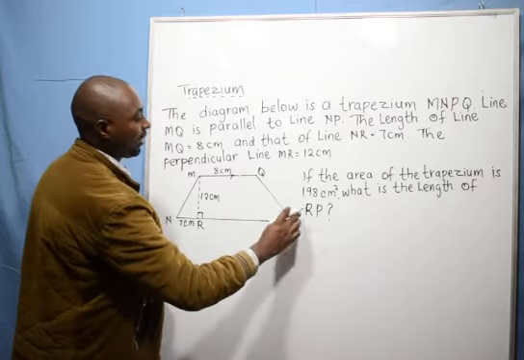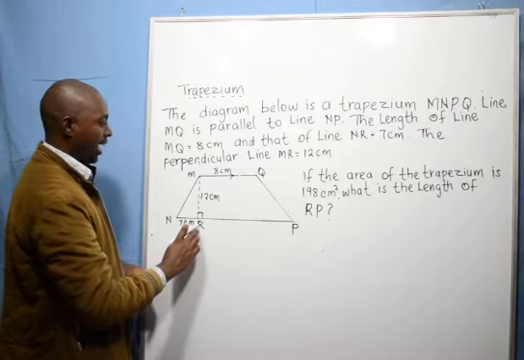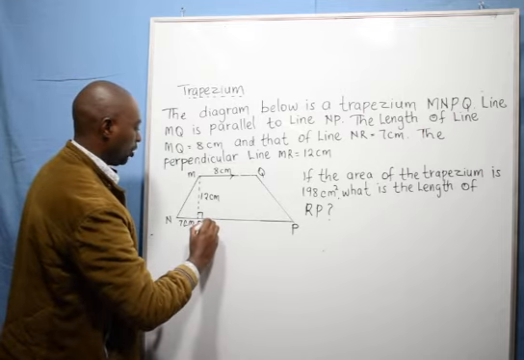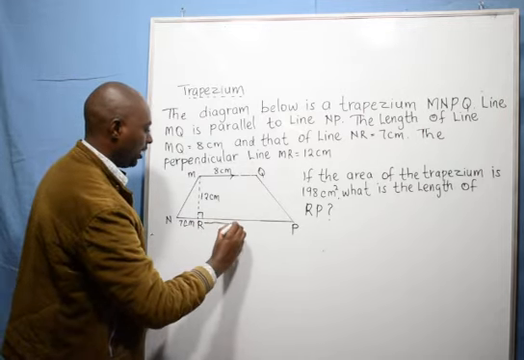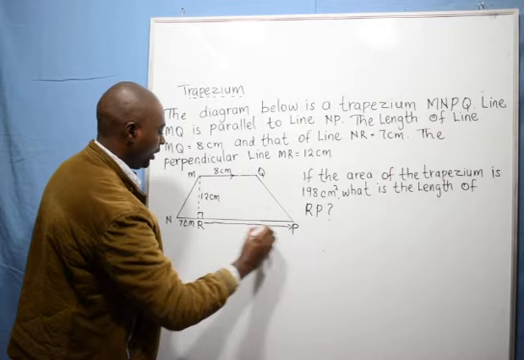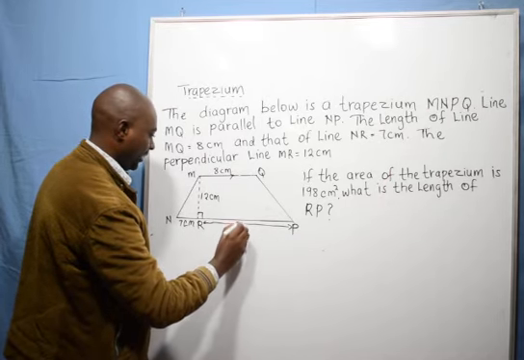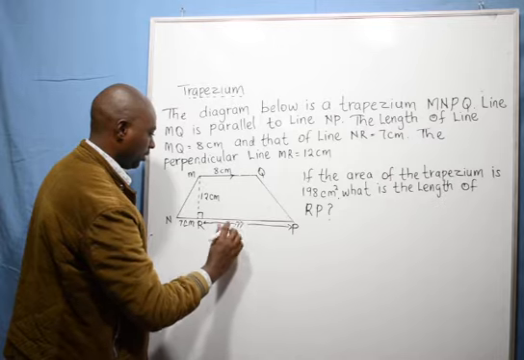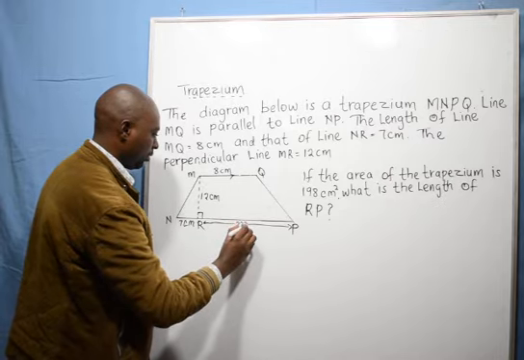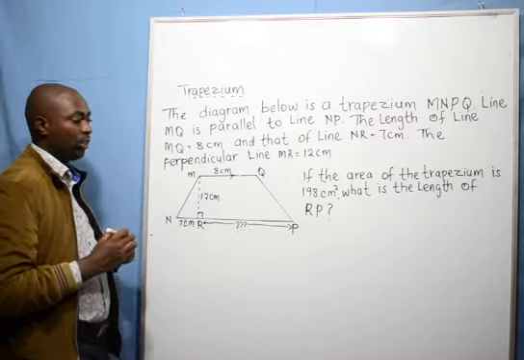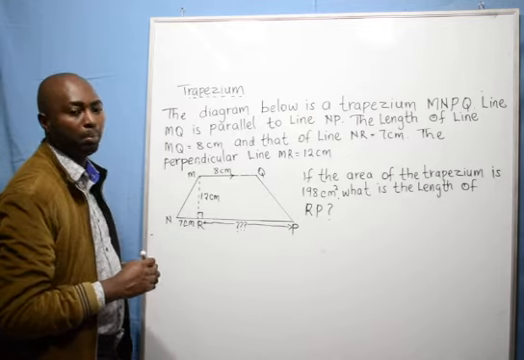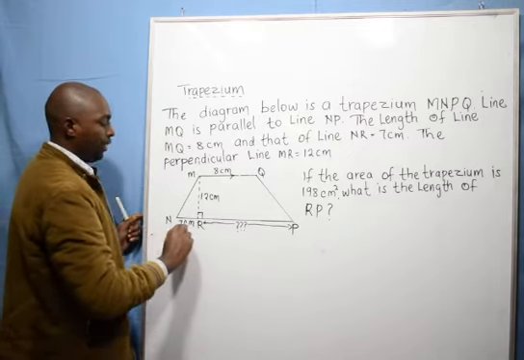What is the length of RP? RP, here is the question mark, from here to here. What is the distance there? That's where we have our question. What is the distance RP? To get